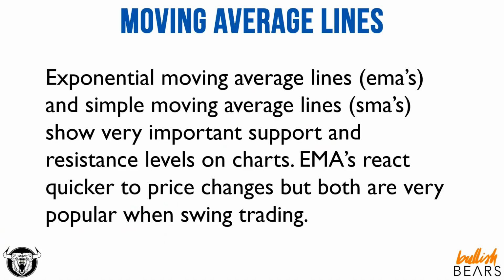Moving average lines are also very popular. There are two types. There's exponential moving average lines, otherwise known as EMAs, and also simple moving average lines, otherwise known as SMAs. They show very important support and resistance levels on charts. So many times you'll see price action gravitates back to those levels. That's where you'll see reversals happen many times, when price gets further away from those levels it might want to pull back, or as price pulls back to those levels and hits those moving average lines,